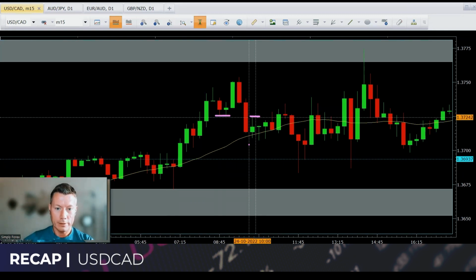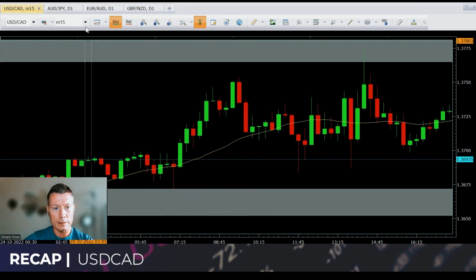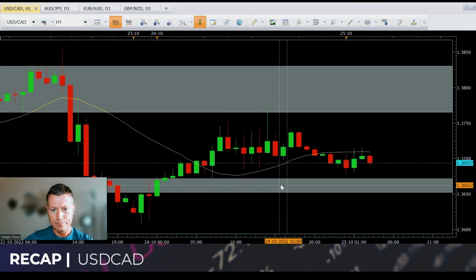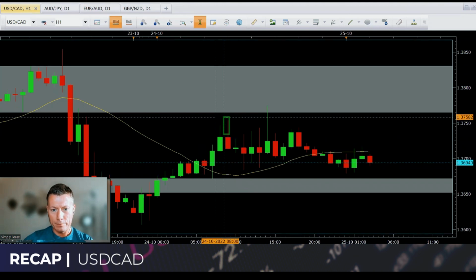So the M15 is a great chart to refine your entry, to get it really accurate and at a very good price. If we go back to the H1 now, let's see how our trade carried on. Remember, this was our entry candle. I got that retrace that I was looking for, so I entered here. I put my stop above the high of this candle. And then basically, guys, I just about got my risk to reward of 1:1. Once I got my risk to reward of 1:1, I closed 80% here.